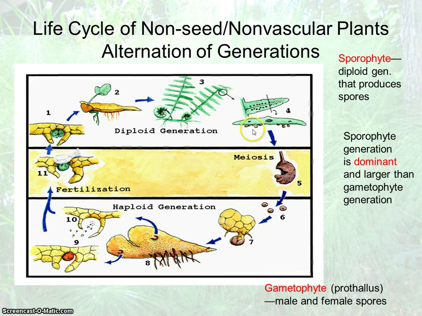It will produce more spores, more sporophytes, and then you can see that circulation of spore-producing plants, or that life cycle of those spore-producing plants. So this wraps up